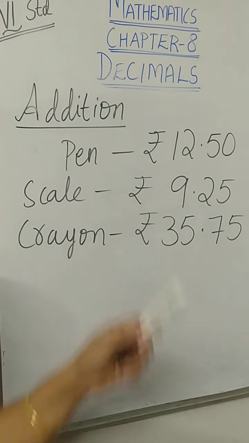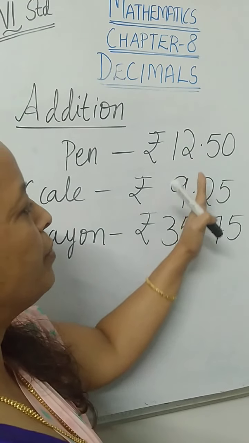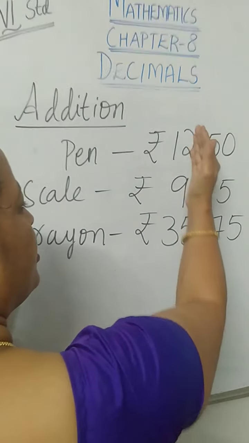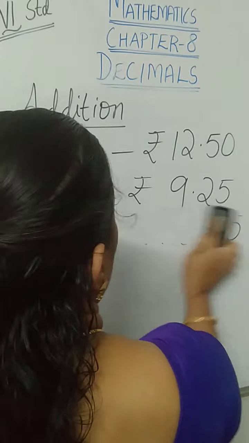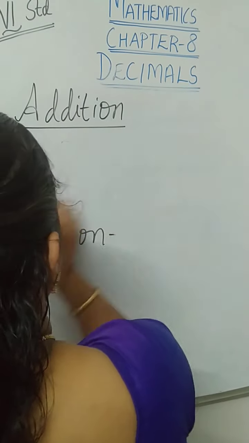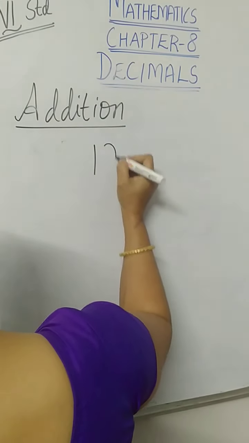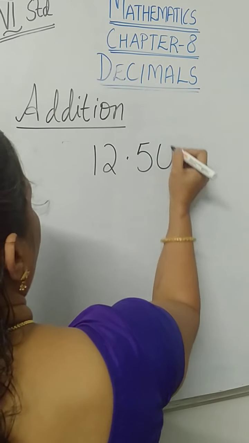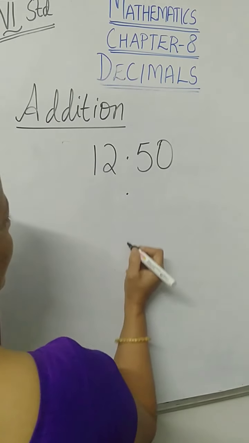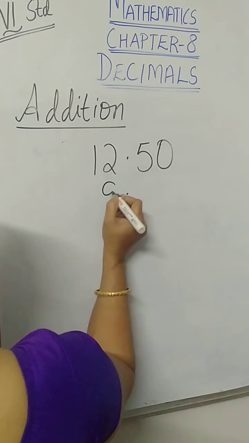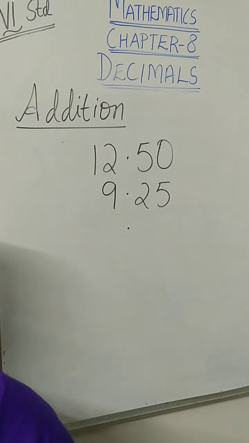Let us add now. In case of decimal, when you add, you have to follow certain rules. You should see that the numbers before the decimals should be in the same line and the numbers after the decimal also. I will show you how to do it. Look here. I told you 12 rupees 50 paisa. The next amount was 9 rupees 25 paisa. The decimal will come in a line. Look here. So 9 is before the decimal. 25 comes after the decimal. We'll write it like this.